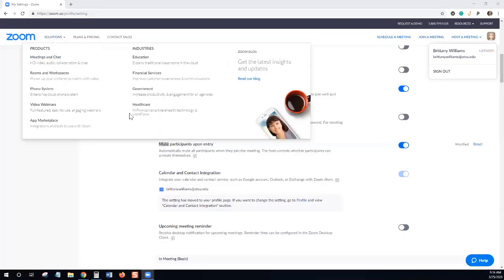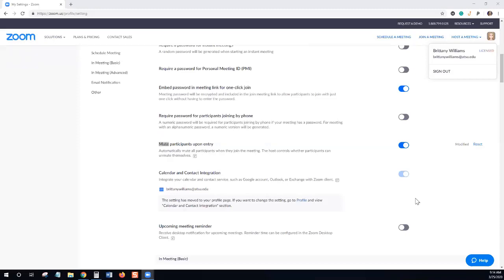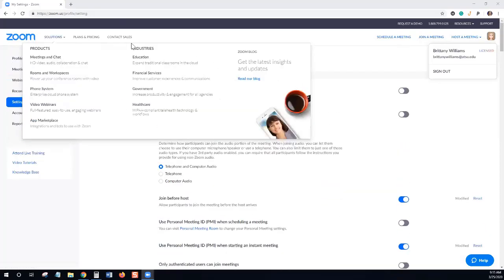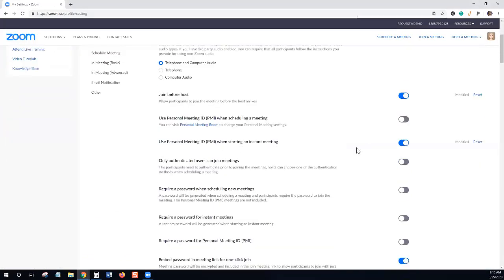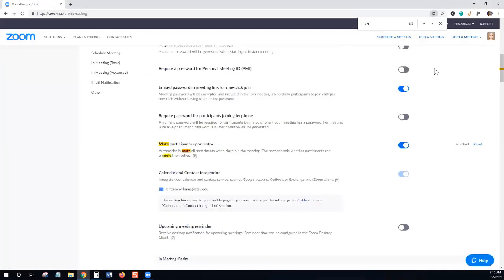So the next thing we'll talk about is how to set up your settings so that everyone, when they join your Zoom room, is muted upon entry. So what I've done is I've logged into zoom.us, so this is just my regular Zoom profile. And once I go down to my settings on the left-hand side here, I'm given a bunch of different options. And what I'm looking for is the ability to mute upon entry. So I just did a Control F, and it's about 25% of the way down,